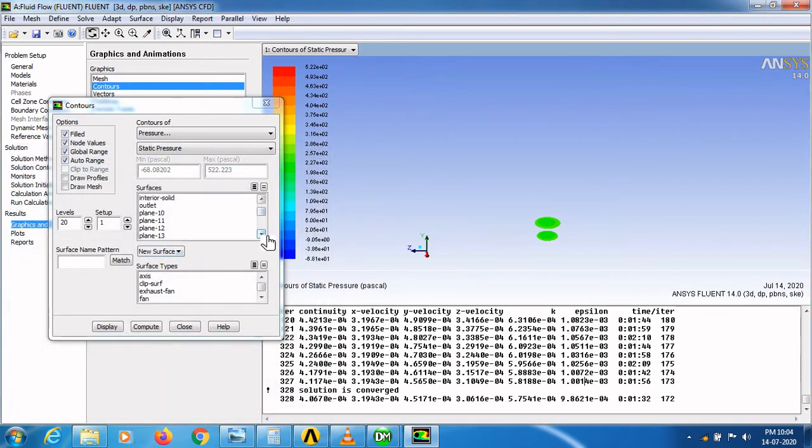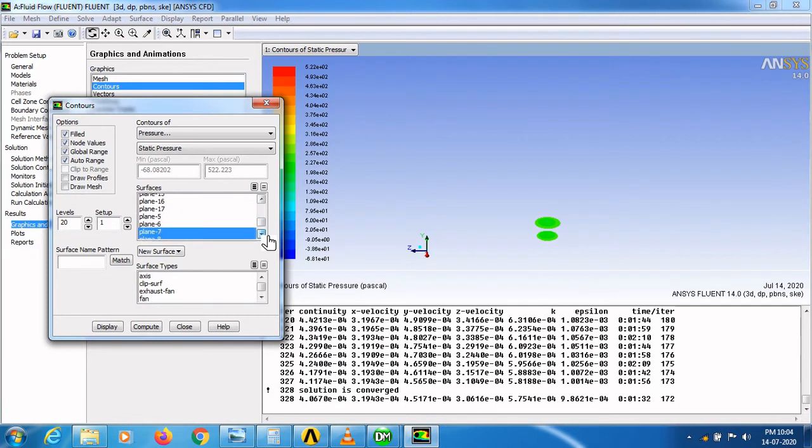Now I have created n number of planes in y-axis. It means XZ planes.